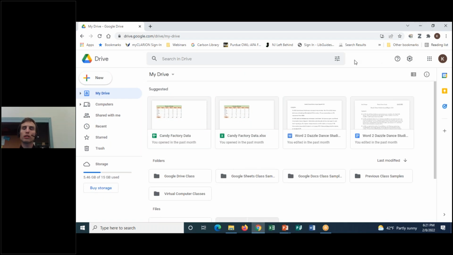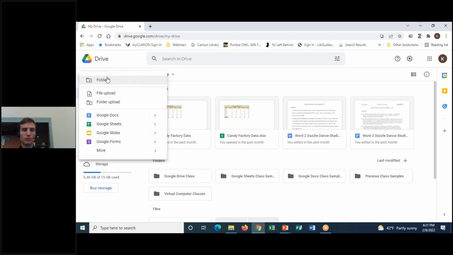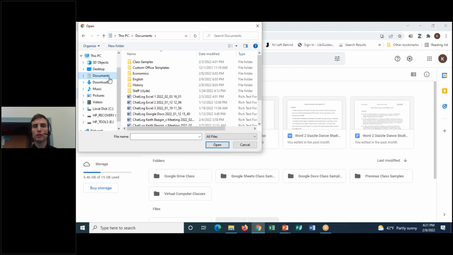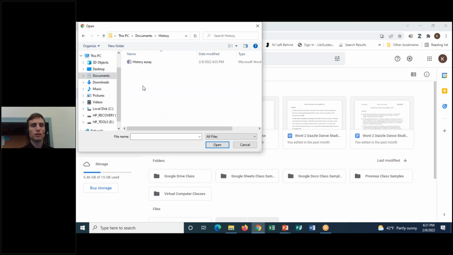So what I'm going to do is go to the left side and go to New. And I'm going to go to File Upload. And what that's going to do is open up the folders in my computer, as you can see. I'm going to go to my main documents folder, click on it, and there are those same 3 files we just looked at: economics, English, and history. So if I double click on economics, or actually let's start with history. There's a file called history essay. I'm going to click on it. You could either double click it or click open after you select it. It's really up to you. Either way,